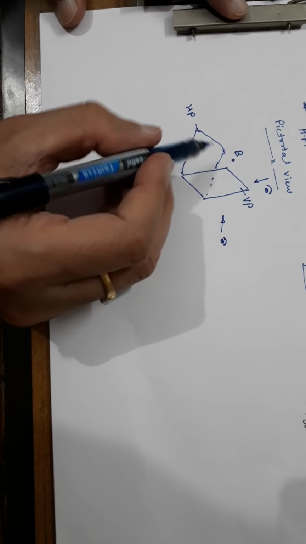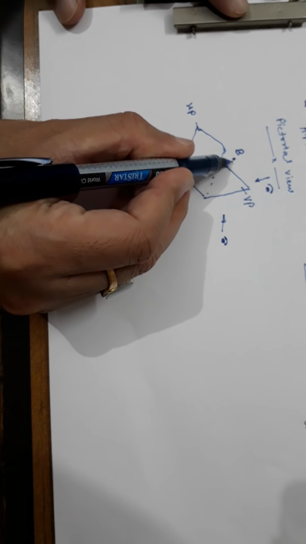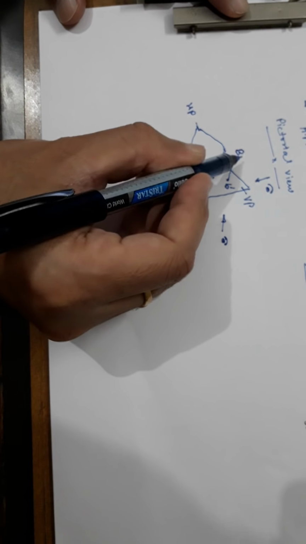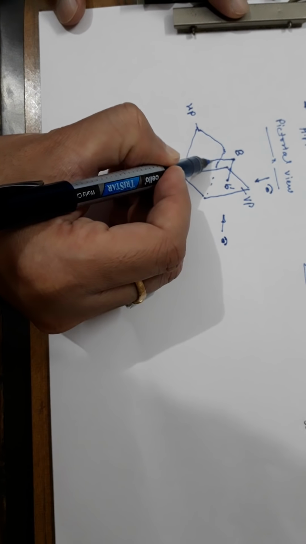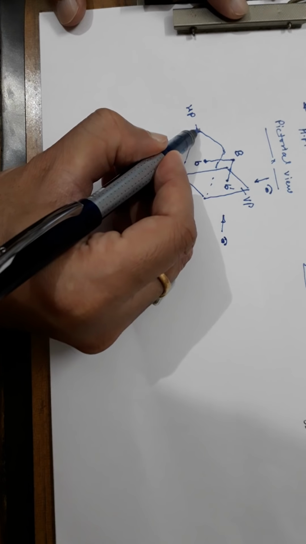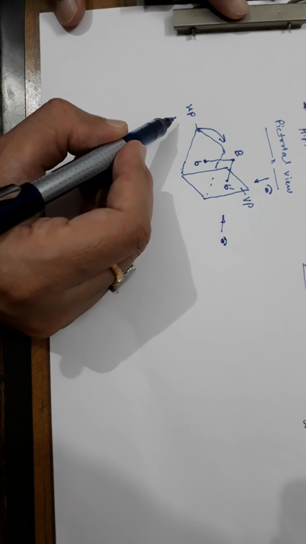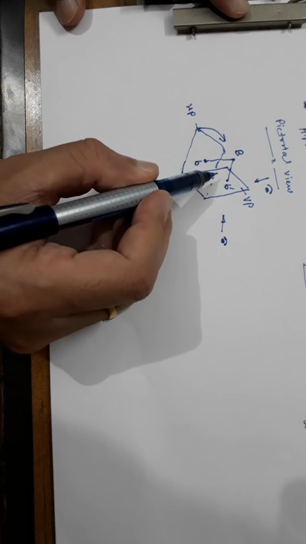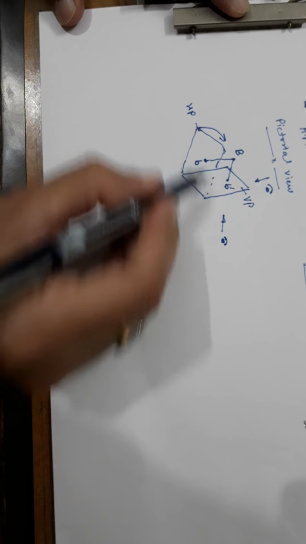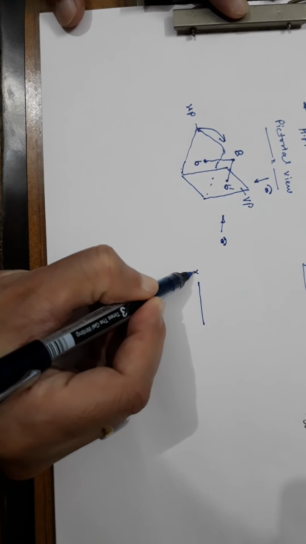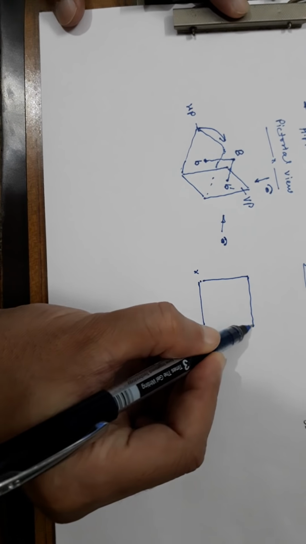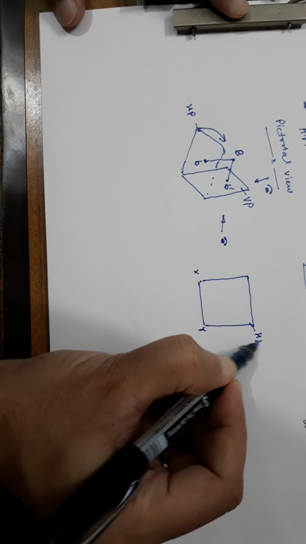Now you can see when you project it in the front, it will be projected here. It will be B dash. When you project it from the top, B will be somewhere here. Now the rules remain the same. You have to rotate HP clockwise 90 degrees, so that VP and HP become coplanar. Now in this case, both HP and VP will be above the XY line. So this is the XY line. Both HP and VP will be merging.